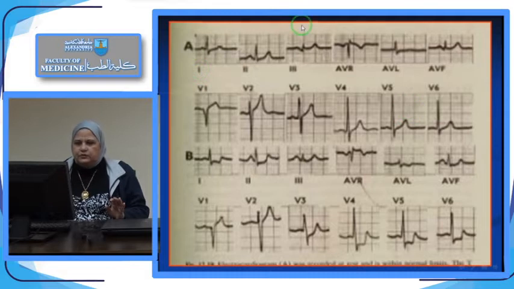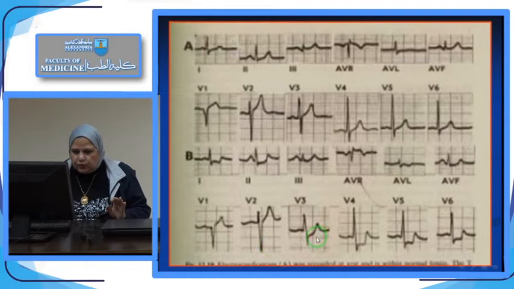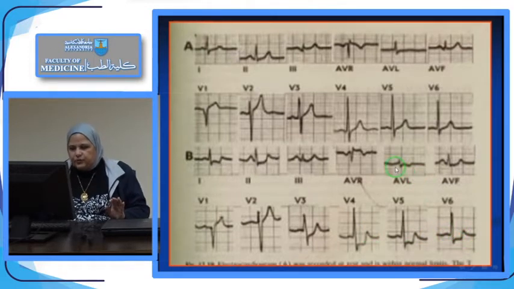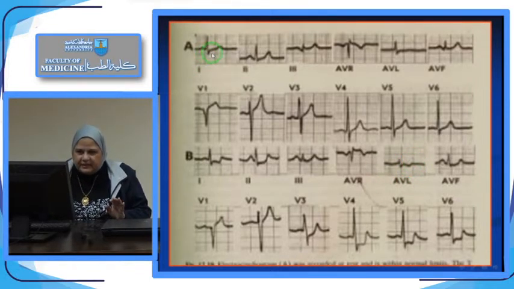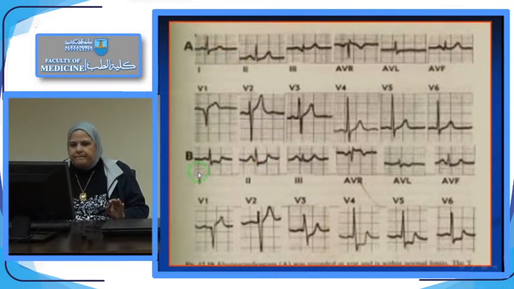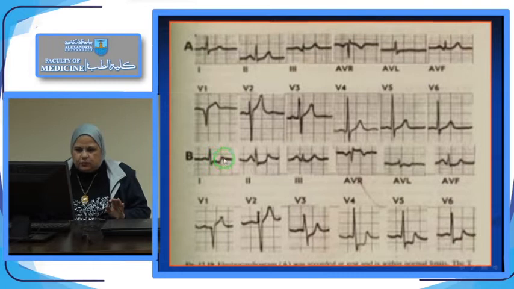This ECG shows that there is depressed ST through the chest leads V3, V4, V5, as well as V6, with inverted T changes in AVL, one of the lateral leads, as well as depressed ST in lead 1, which is this lead 1,